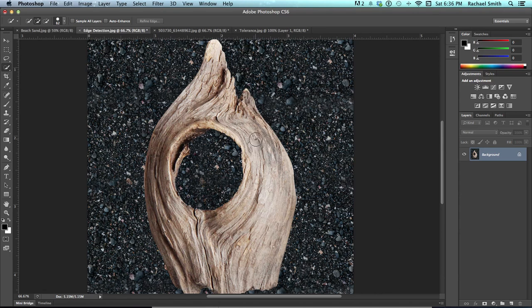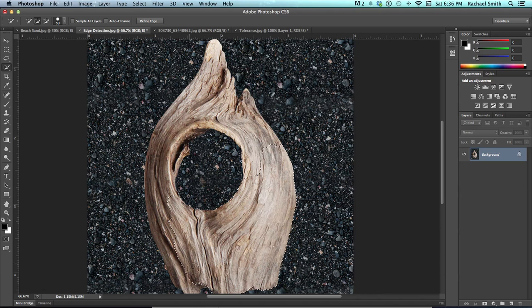Okay, well, size your brush so that it fits comfortably within the area of this driftwood, and then click once, and you'll notice it acts a lot like the wand tool. What this one looks for instead of a difference in grays is contrasting edges. And if you just click again, it will automatically start adding to your selection, and you can kind of paint